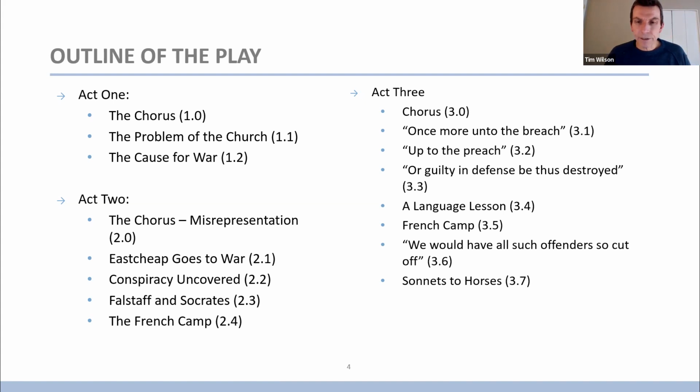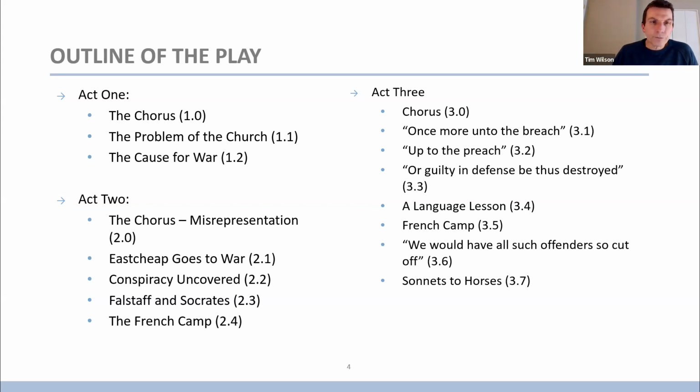Then in Act 3, Scene 7, kind of a funny scene actually. There's the French camp the night before the battle. They're impatient for the morning. They're so confident that they're going to win. Oh, I can't wait till morning. We're going to really triumph tomorrow. And they're these French aristocrats, so mounted knights, who are praising their horses in almost a parody of medieval love poetry conventions of praising an unattainable lady.